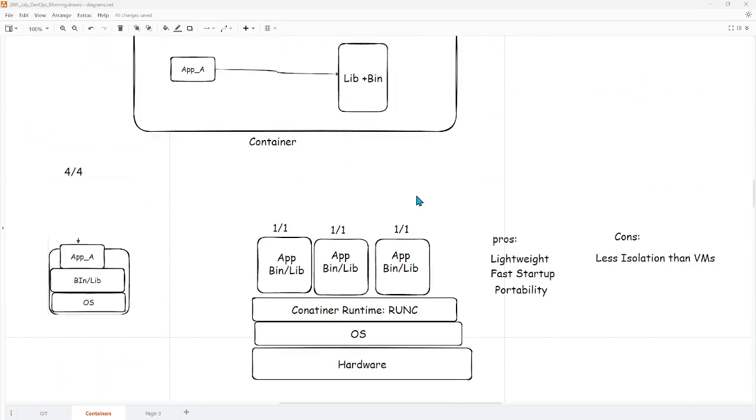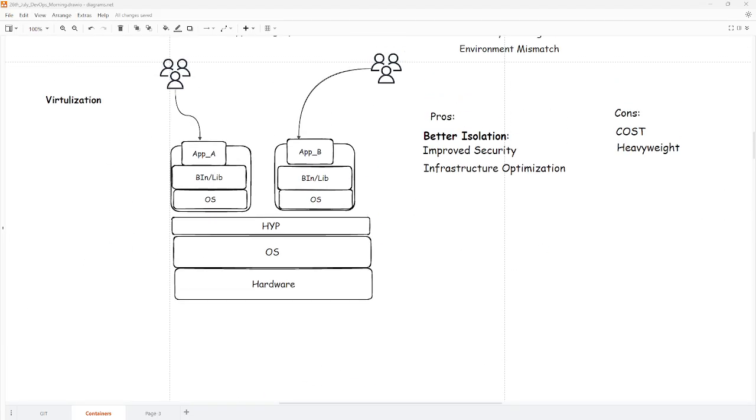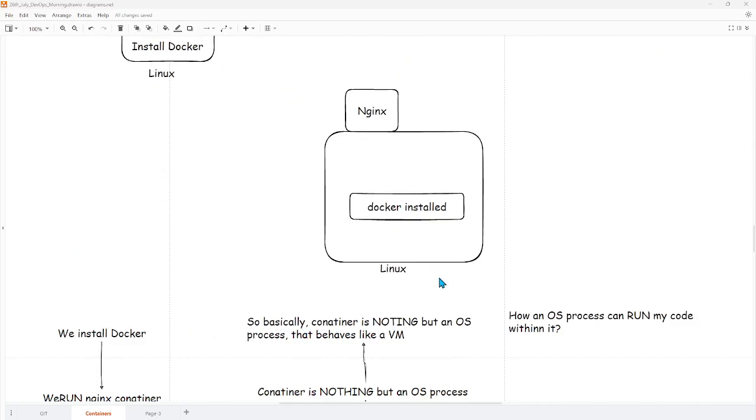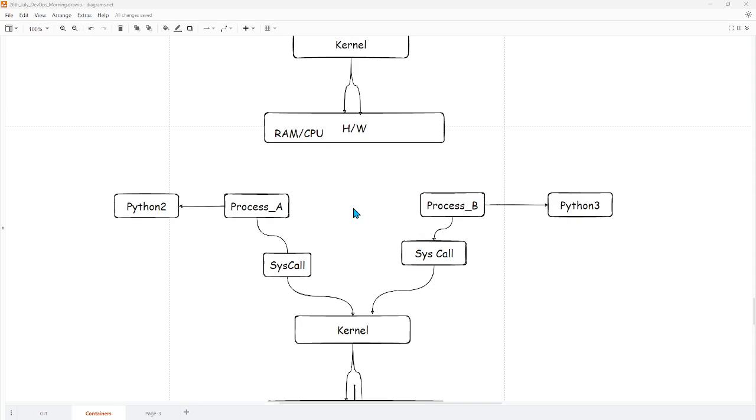This virtual machine will get this portion of hardware, right? That is what I told you. This virtual machine will get this portion of hardware, and they are running their applications like this. A similar thing is happening for a process. If you use the concept of namespace, what namespace says is, I can partition your hardware in such a way that one set of processes sees one set of resources, and another set of processes will see a different set of resources. They are not going to share the resources. This is exactly what we want.